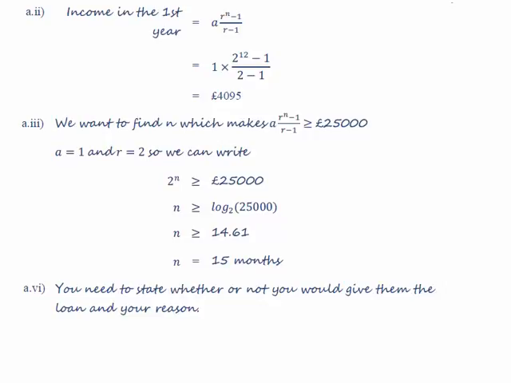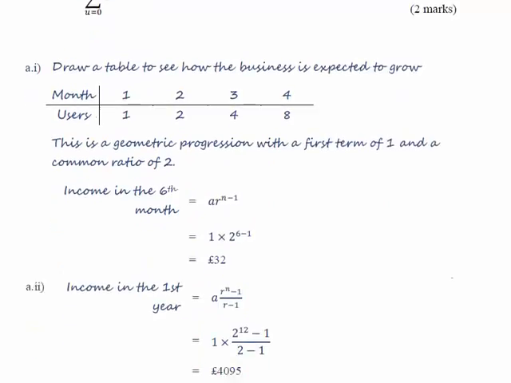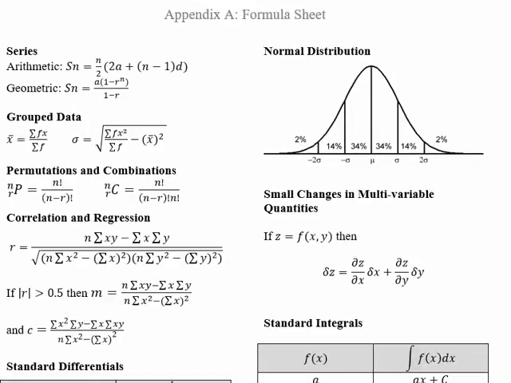Part B. The sum to 15 of 3m plus 1. So let's generate the first few terms. They go 4, 7, 11. So this is clearly an arithmetic series. The first term is 4 and the common difference is 3. So if we go to the equation for arithmetic progression, arithmetic series,